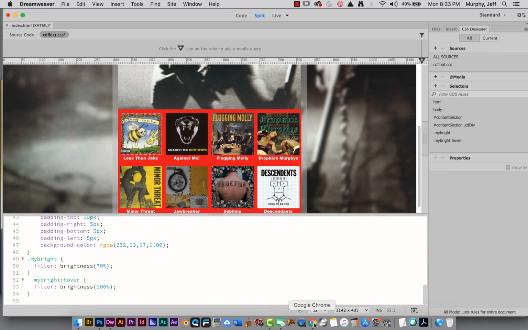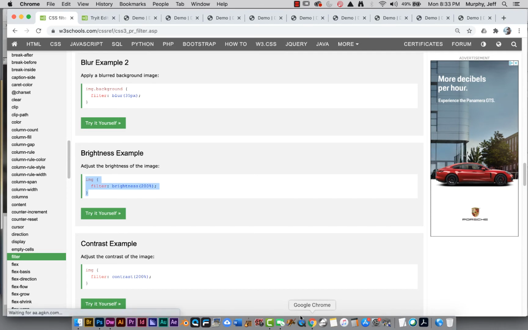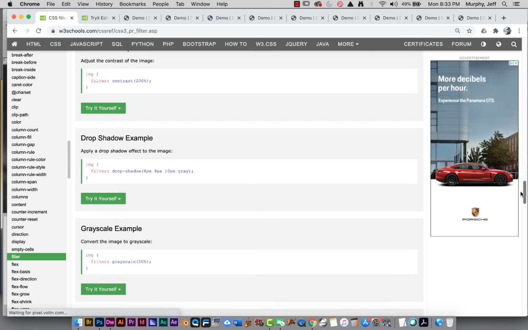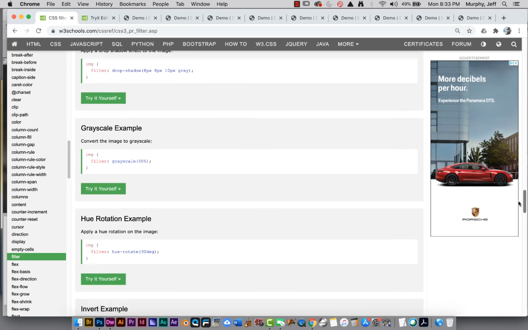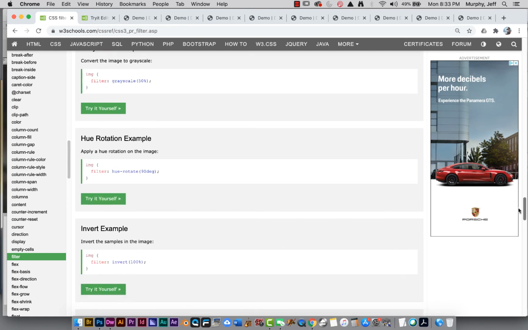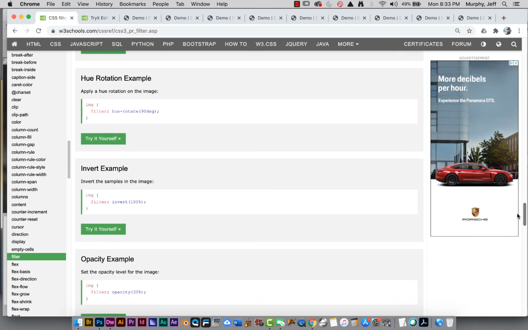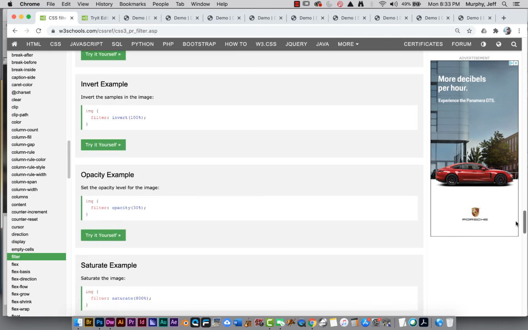So let's look for another filter that might work here. So back to Google Chrome. That's a black and white image, so that takes a lot of the color ones off the table. And I don't want to do a drop shadow because it wouldn't look very good in that grid. And the grayscale, there's no color in it again. I don't know how that would work. And let's do invert, because we can invert black and white. So let's take this one,